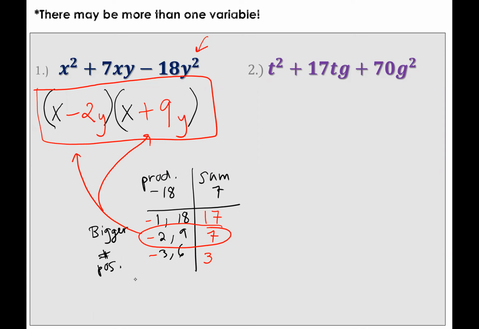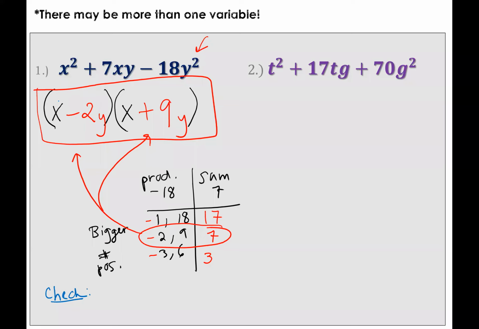Now, if I check my answer using FOIL, like we've done many times, we will see where this xy comes from. That can be a confusing part of these problems, looking at the xy term in the middle and saying, wait, where am I supposed to get xy together? Here's where it comes from. When I check,